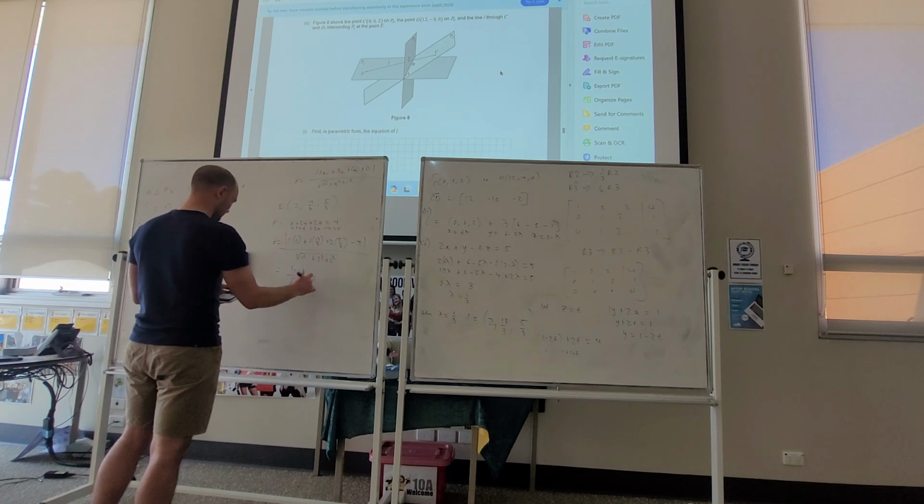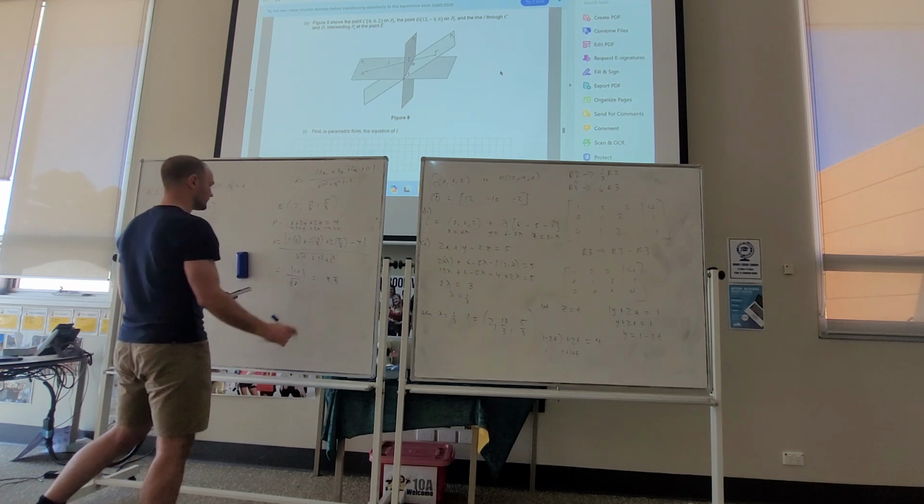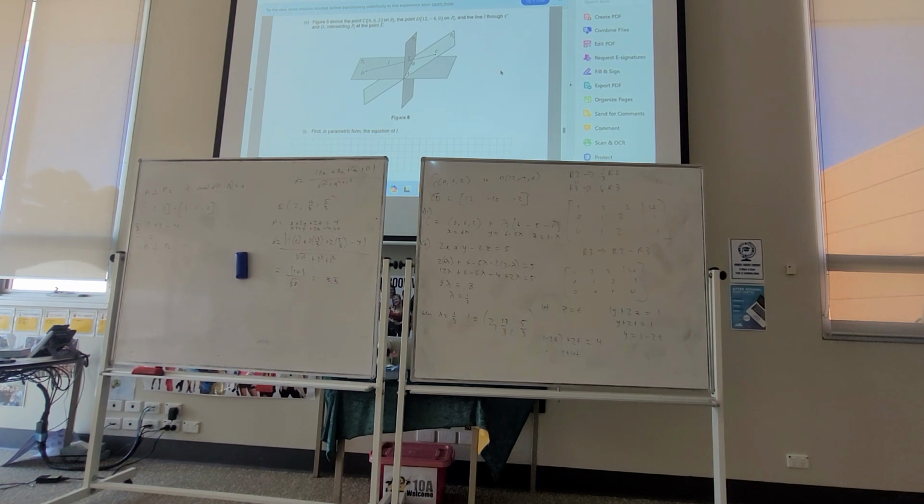So we have here 10 on 3, 3.3 recurring. Cool. 1 plus 2 plus 2, that's 4, 8, 9. Good. All right. So let's move on then to